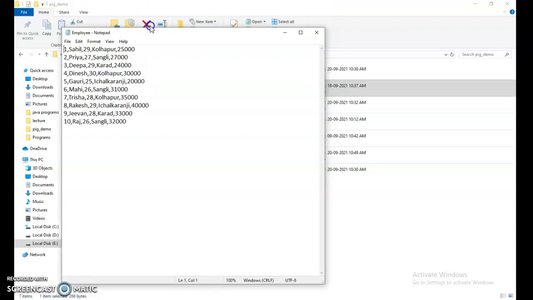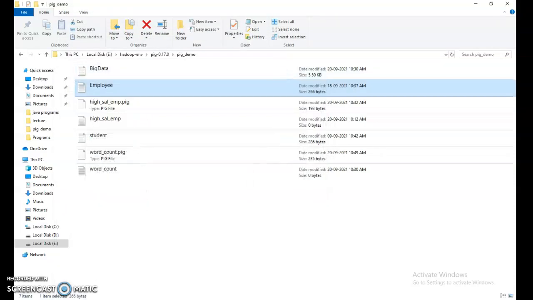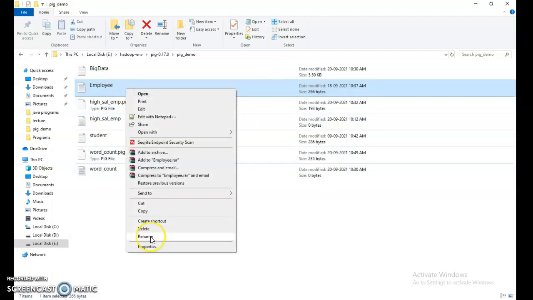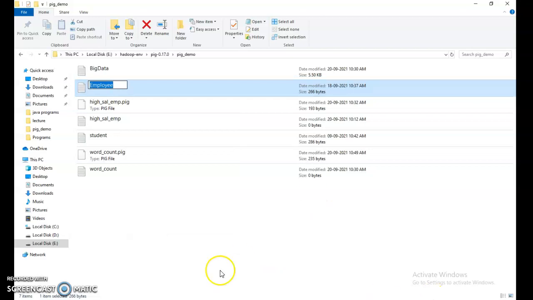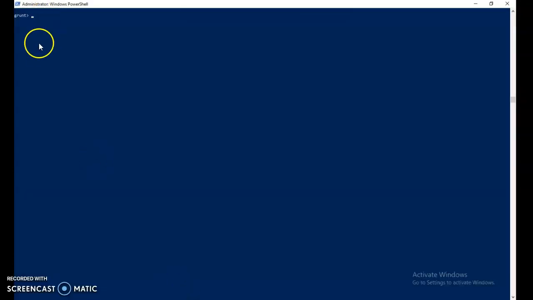First of all we should load this employee data set in Apache Pig. So we will execute the load command to load this data set.